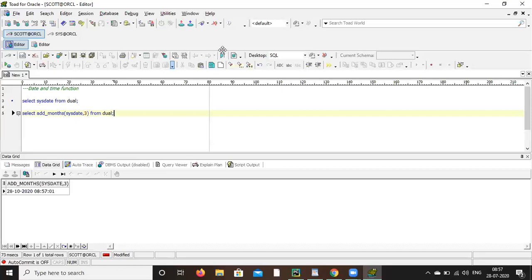So here I want to add 3 months to today's date. I want to add 3 months more. Okay, so you can use add_months with 3. Now you can see the current month is 7th, so it will become the 10th month: July, then August, September, October. So it will become the 10th.